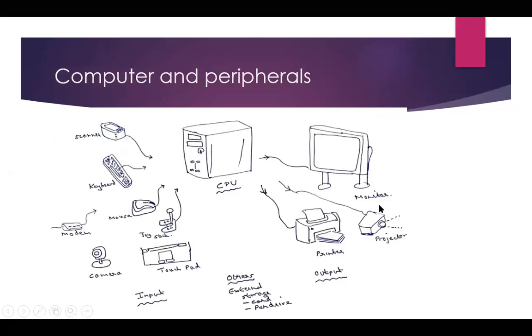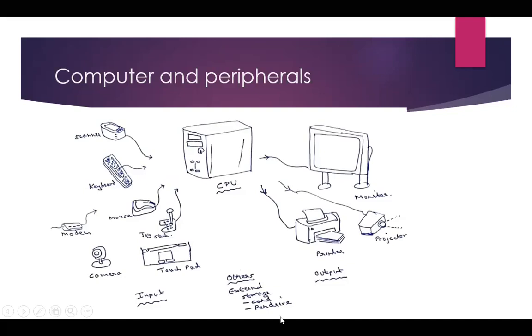This is my drawing of a computer system. It has these input devices here and a central processing unit, CPU, and these are the output devices. So data input is by using these devices, then the CPU processes the data, and the CPU provides us with output information using either of these output devices.